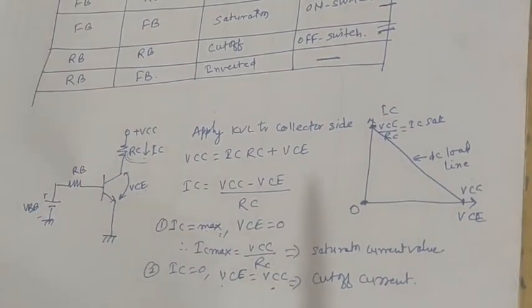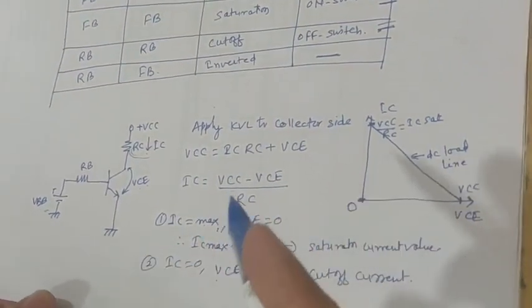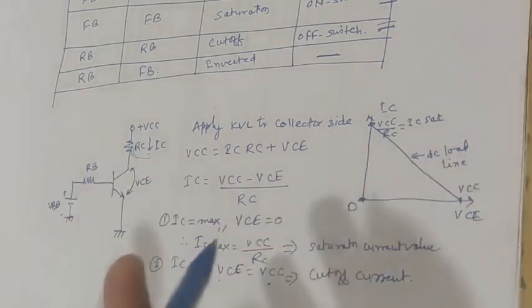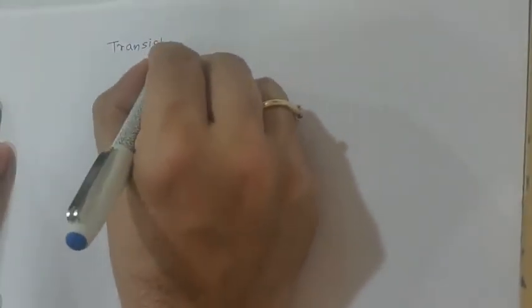So now let us consider a simple thing that we can of course explain, because if they ask you the question, how does the transistor act as a switch, then you need to draw everything and show it. So let us try to cover it. Transistor as a switch, and then transistor switching time, which is very important. Okay, see here. So let me cover here now: how the transistor acts as a switch.